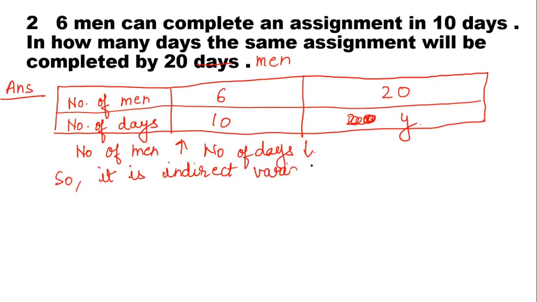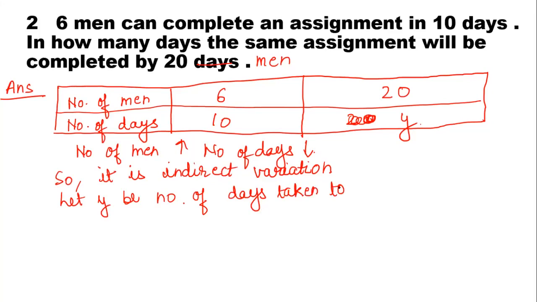Yes, so you are clear, it is indirect variation. Let y, अब y को डिफाइन करेंगे आप, let y be number of days taken to complete the assignment